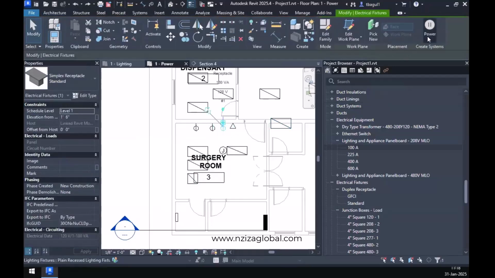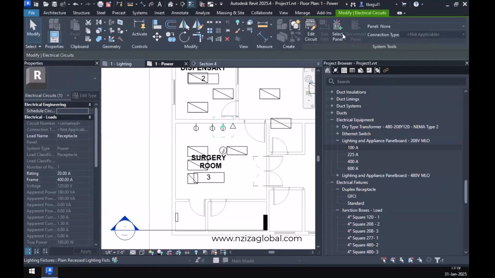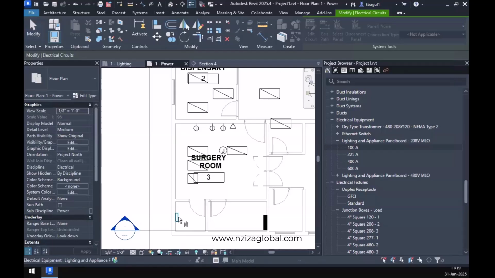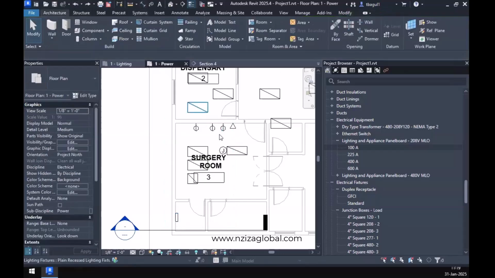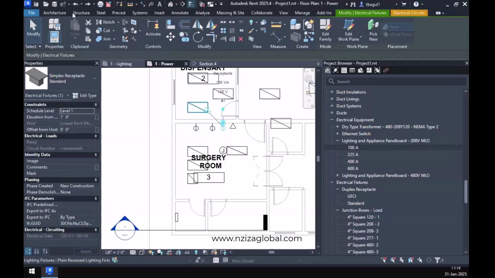Over here, power. You can click on select panel and then click on this panel. Now this particular simplex is connected to this panel board. Or the second way of doing this is to click on the